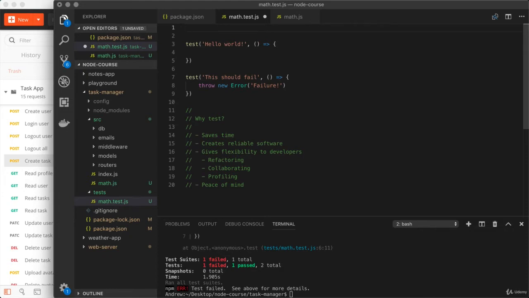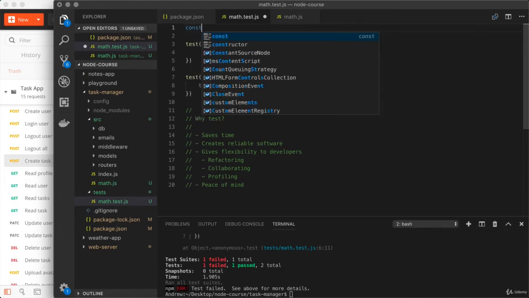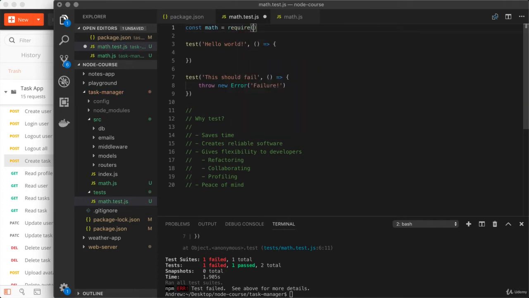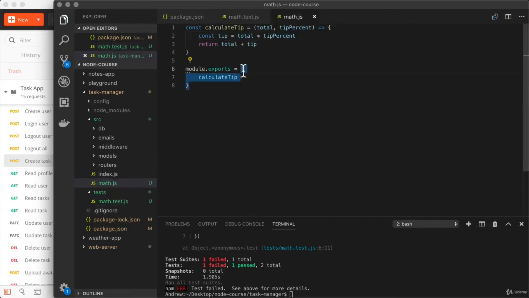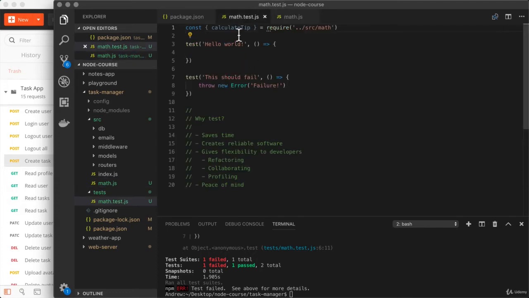So right here, let's go ahead and start by loading it in. const math equals require. We're going to use ../ to get out of the tests directory, then /source/math to grab the exports from the file we just created. Now we know we get back an object. That's what we're storing right here. We can destructure that object to grab the individual functions as variables. So I can call this one calculateTip to match up with the calculateTip export we put on the object down below. Now, this is a function we can actually call from inside of a test case to verify